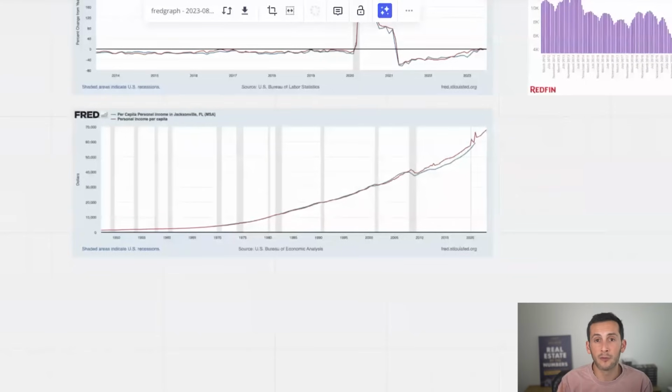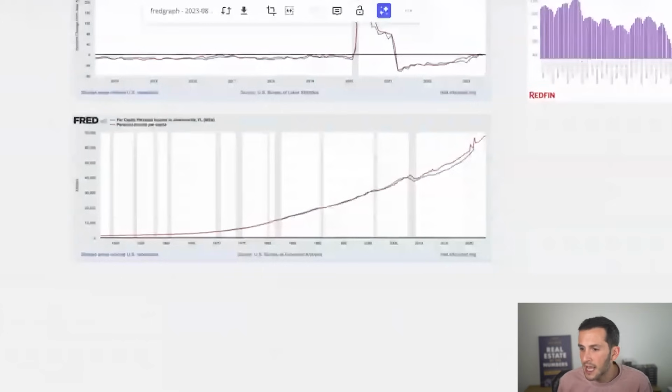understand, are people going to be able to afford the rents that you need to collect on a rental property? Will rent grow? Will property prices go up? And what we can see here again is that Jacksonville, this time is in blue. Sorry, I switched those by accident. It's a bit lower than the US national average, which is not super surprising, but is something to note, but